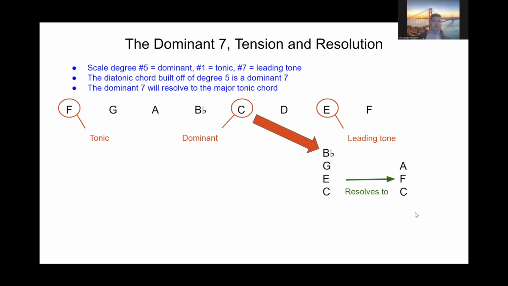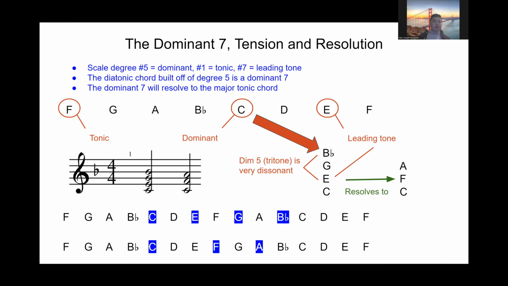This dominant 7 chord is riddled with tension because from E to B flat, we have a diminished 5. So this diminished 5 or tritone interval is always contained within dominant 7, and it's a very dissonant sounding chord. This tritone interval particularly wants to be resolved. Furthermore, it contains the leading tone, which means that it has a feeling that it wants to go back to